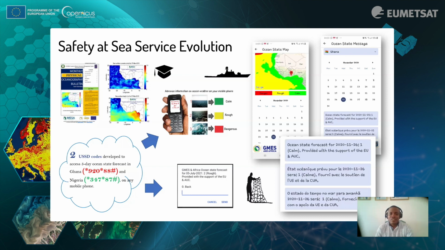You realize that you've got different categories of users who are using different applications. So you've got the artisanal fishermen who would usually have a non-complicated phone, who just want to dial in and get information via the USSD code. The academics and the scientific communities would want to get information more on the maps and then long-term series analysis of the products.